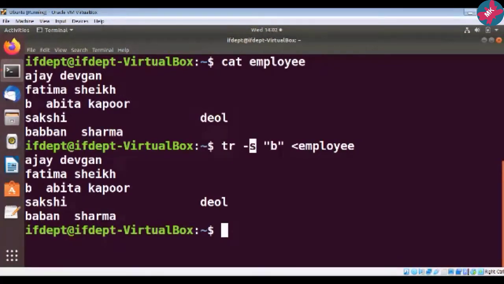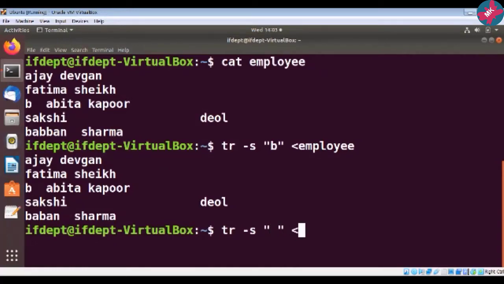Now I'll show you one more use of this. Observe here, after Sakshi, a lot of space is there. So let us try to squeeze this particular space. So suppose tr minus s. Now what do I want to remove?